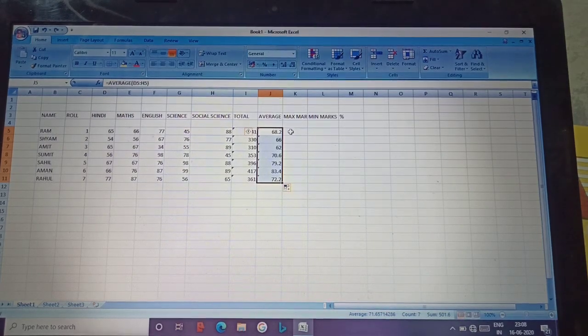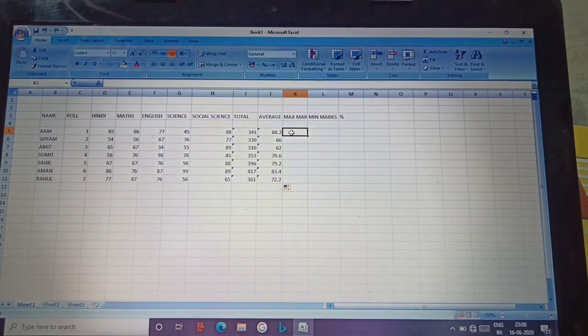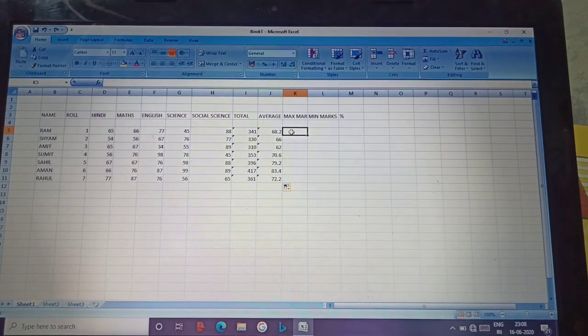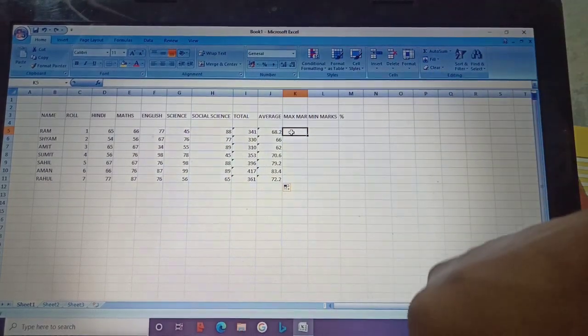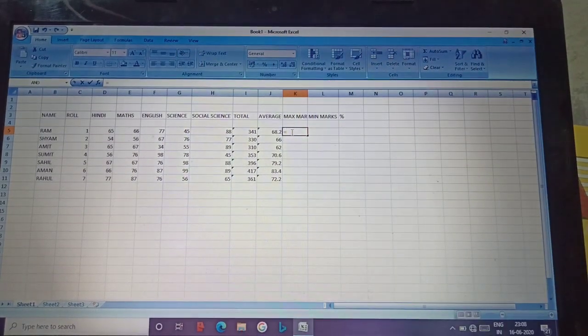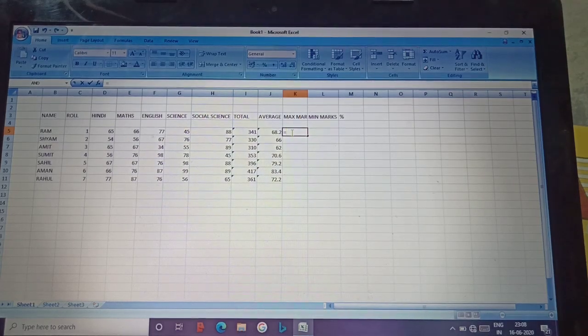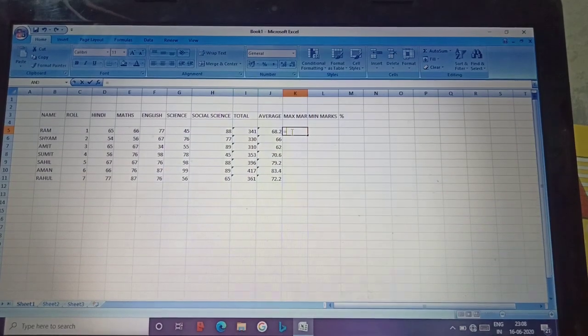In the same way, we have the max function for finding the maximum number among the selected numbers or in the given list. Again we will start from the equal to sign, and then write the max function.